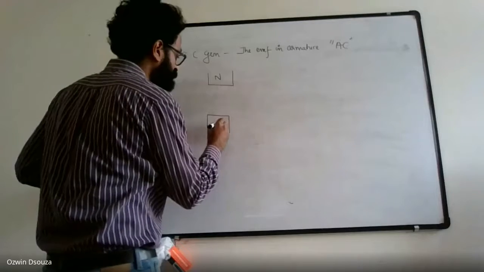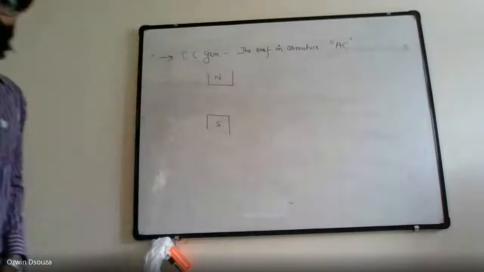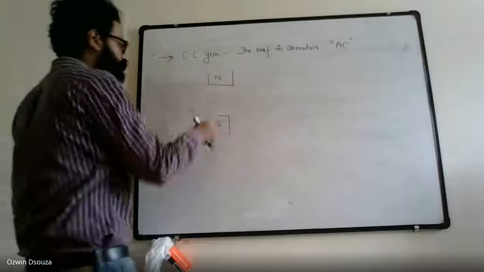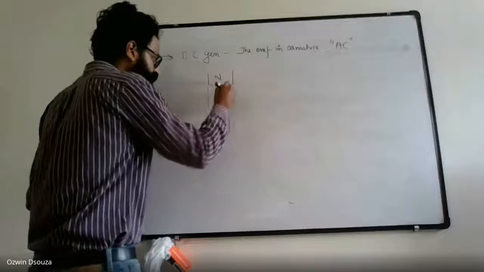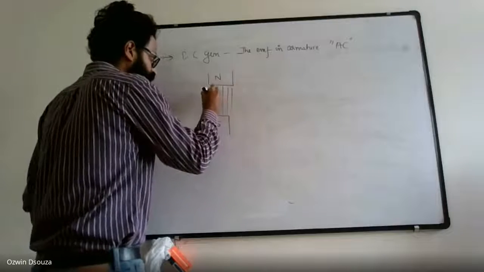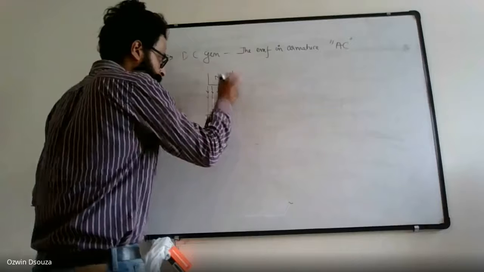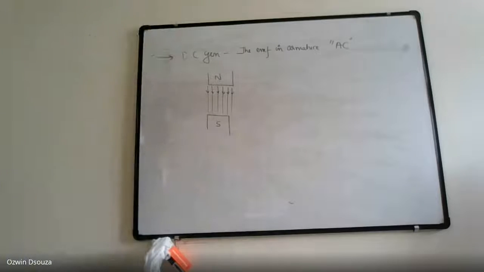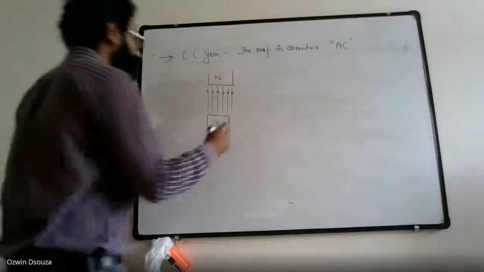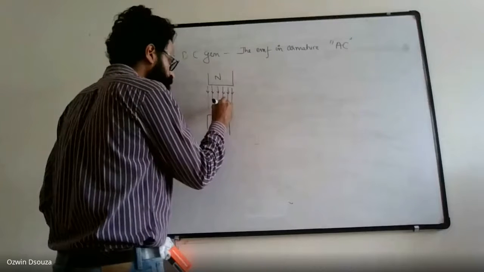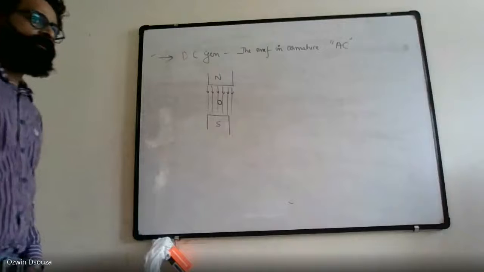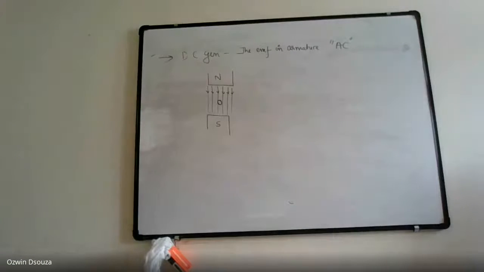Let us assume a pair of poles, a north pole and a south pole, right? Let us also assume the flux orientation, something of this kind, okay, this kind. And if we place a conductor in this particular magnetic field,